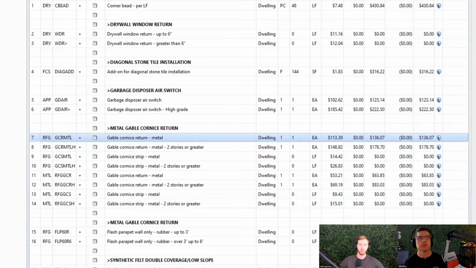Love it. Okay. Thank you for clarifying. I'm glad we got the chance to answer some of our questions that we've been publicly asking in this video series. Now, here are the 8 new line items for this month. Gable cornice return, gable cornice strip, gable cornice return 2 stories or greater, or the like. You've got RFG, MTL, right? Returns or strips. So if you're looking for gable cornice returns or gable cornice strips, at different heights, 1 story or 2 story plus, you have 8 new options, 4 in the RFG category, 4 in the MTL category